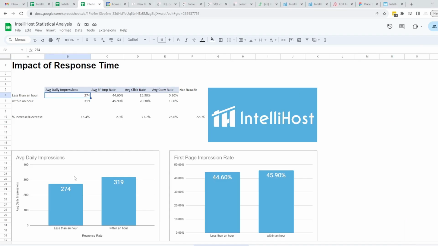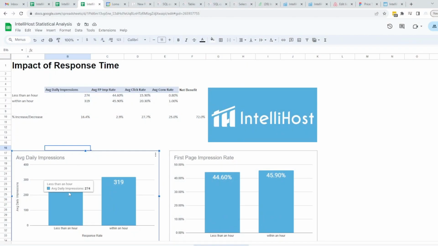For those that are responding more than an hour, so anytime more than an hour, could be a few days, could be within the same day, the average daily impressions is 274 per day, impressions that they appeared in search. For those that respond within an hour, 319. Now, this isn't something you can actually filter for, so we're not exactly sure if it's just because these properties overall are better performing properties, or if Airbnb is actually rewarding these properties. Could be either one, but on average, the top line impressions is about 16% higher for those that respond within